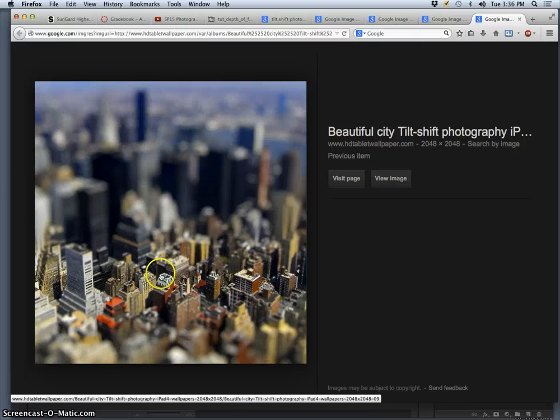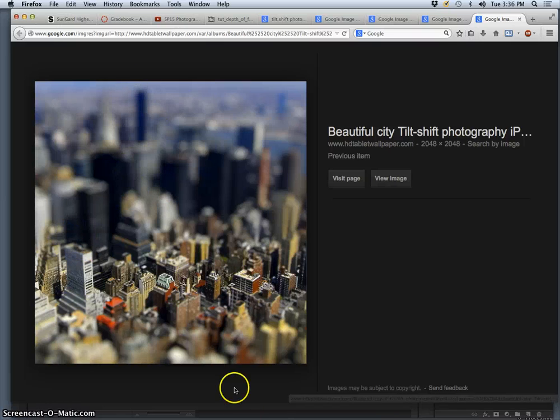Now, I can tell that this one was done in Photoshop instead of done with actual lenses, because you can see how the tops of the buildings lose focus. And in order to do it really well, you would actually have to cut out the buildings, because that doesn't have the same depth as this behind it, right? Because just an even gradation like we've been doing